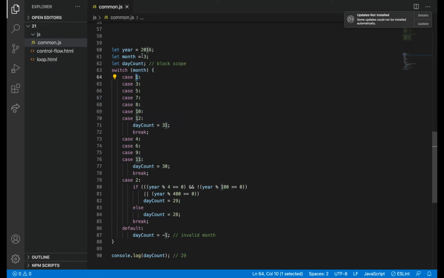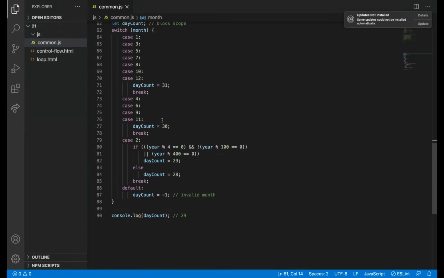So what will happen if I give 2? What will happen? It will come here, and then inside that case, we are having another if-else statement. In that, what are we checking? See, if year modulo 4 equal to 0, first it will execute this.